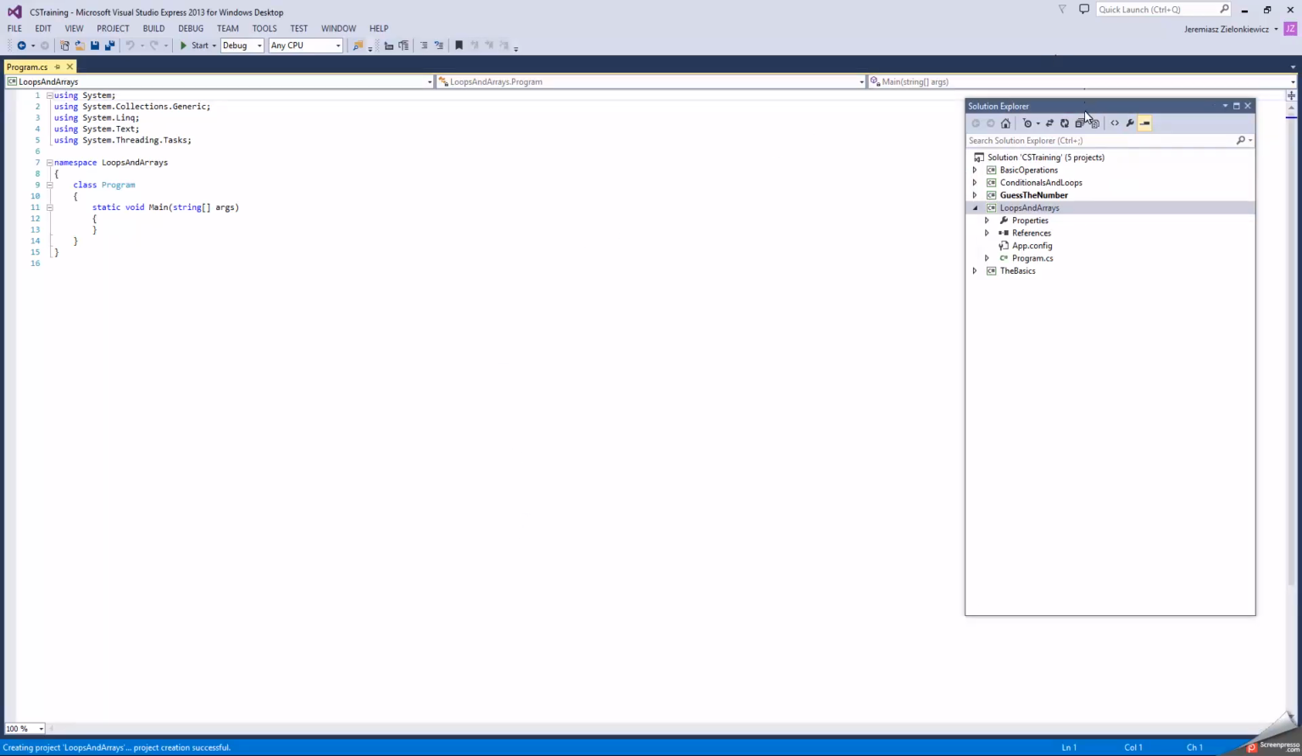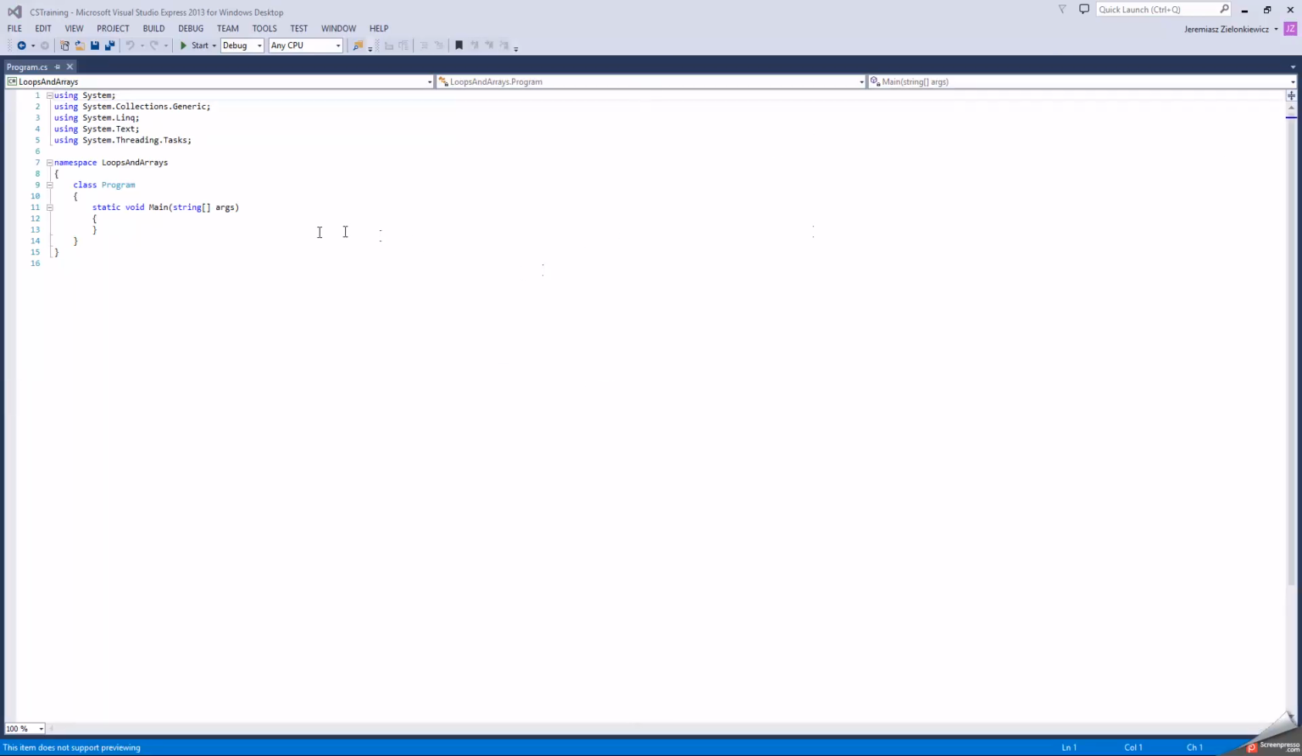Okay, so C Sharp, Visual Studio created a new project for us, the same default file that we have. Of course, we need to set this up as the startup project so that we can work with it. And we're going to start with